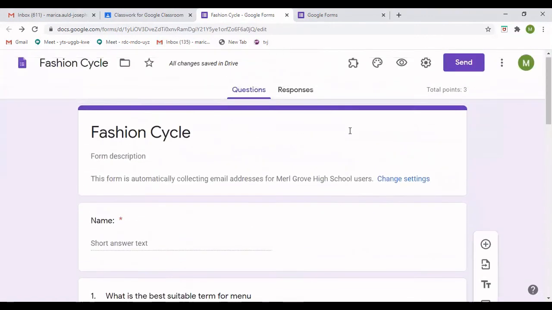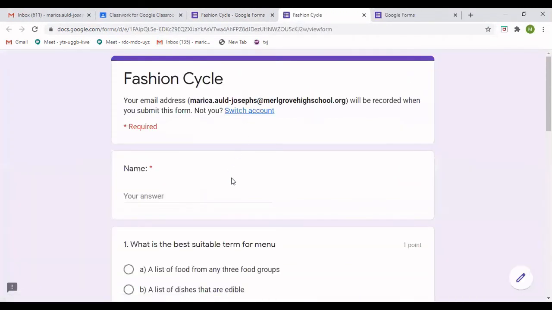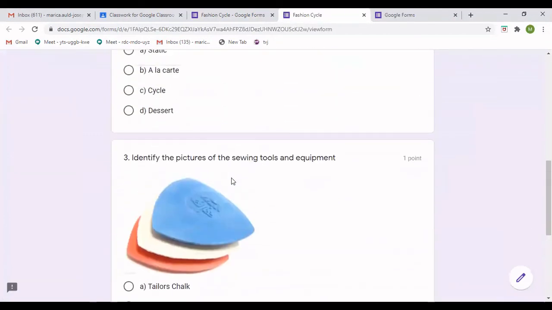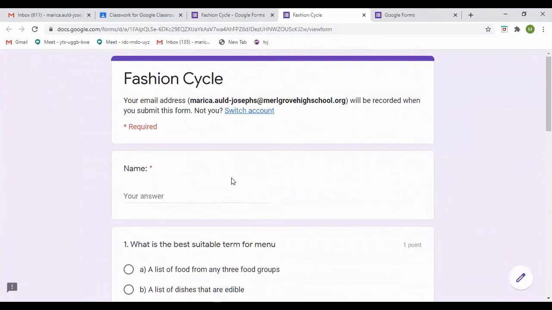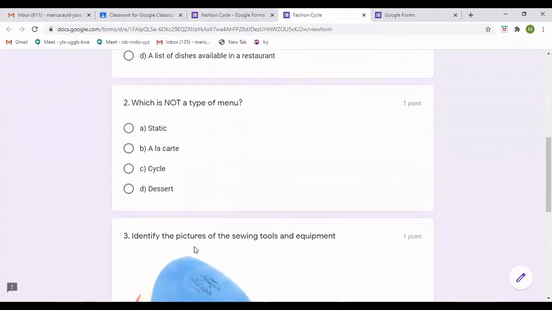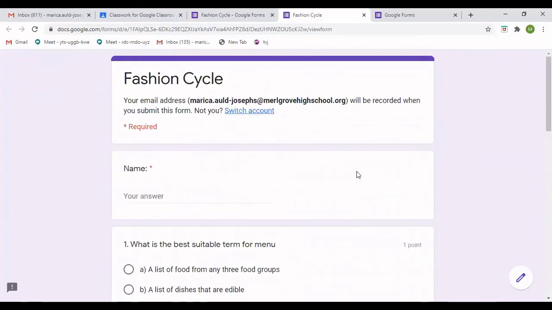Then if you want to view this form to see how the students will be able to view it, you'll go to the preview section on your page, and it will automatically give you the outline of how the question will look. So this is the first heading. Then you have the name, first question, second question, third question. When the students are finished with this exam or quiz, you press submit, and it will automatically go to the